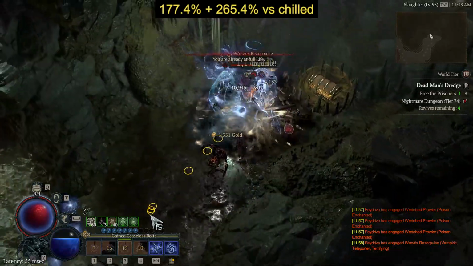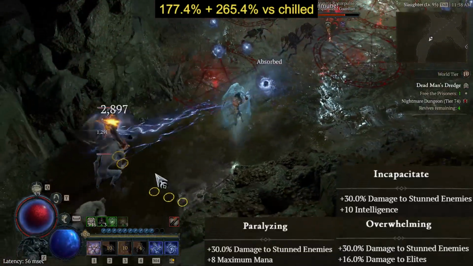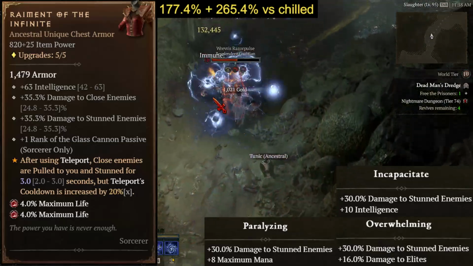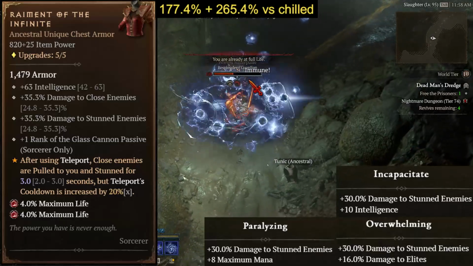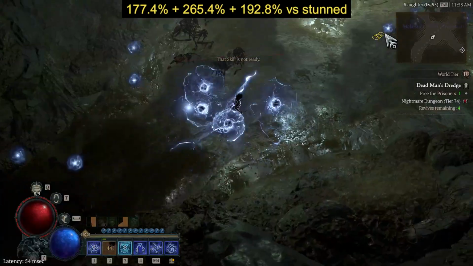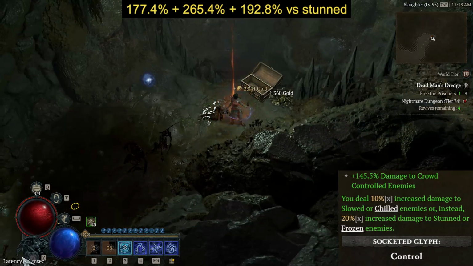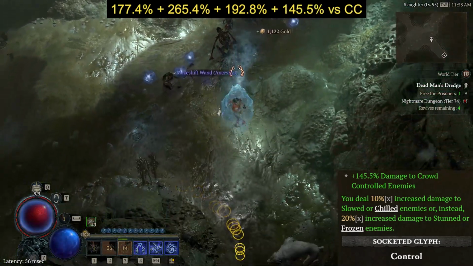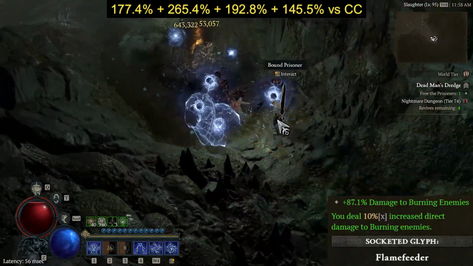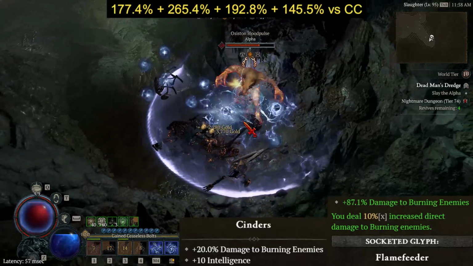265.4%. Next, the Overwhelming, Incapacitate and Paralyzing rare and magic nodes plus the Raiment of the Infinite unique chest armor will increase your damage to stunned enemies by a total of 192.8%. On top of that, the Control Glyph will increase your damage to crowd controlled enemies, i.e. slowed or stunned in this build, by 145.5%. Next, the Flame Feeder Glyph and the Cinders rare and magic nodes will increase your damage to burning enemies by a total of